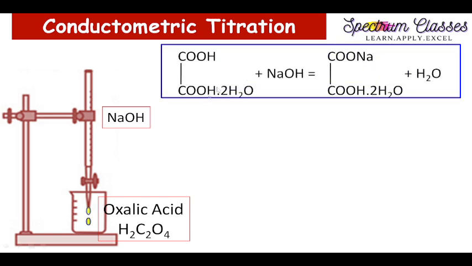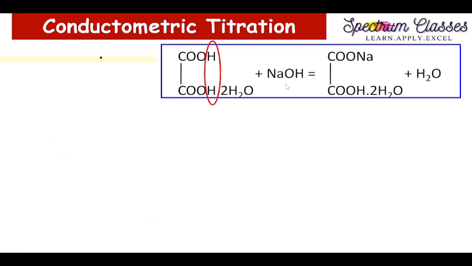So here this is the formula of oxalic acid. Since it is dihydrated, I have written it over here. This oxalic acid, COOH single bond COOH, has two dissociable protons, H and H. These two dissociable protons react with NaOH while we are performing the titration. It dissociates its first proton in one step, and thereafter the second proton in the second step, and in this manner we can see its dissociation equilibria.